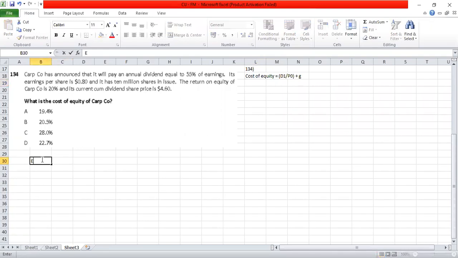What is the earnings per share? Earnings per share is equal to, it's given as 0.80. Then they are promising to pay a dividend of 55%. So the dividend, DPS, is equal to 0.8 into 55%. So that would come up to,